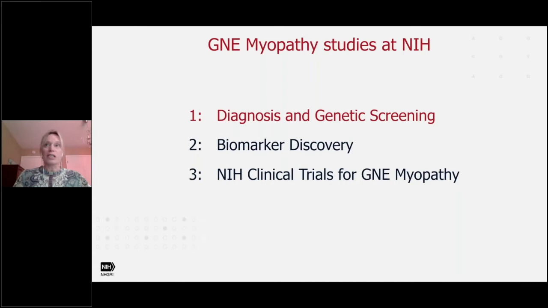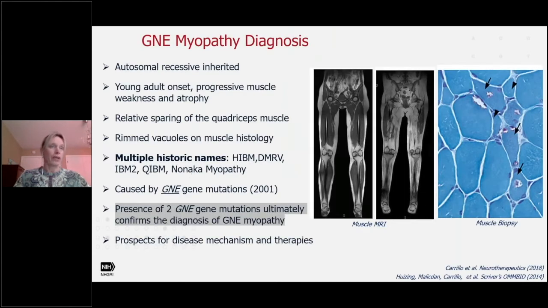So I'll start with the genetic screening and diagnosis for GNE myopathy. GNE myopathy is an autosomal recessive inherited disease. It means that parents are unaffected but carriers of one mutation on one of their chromosomes, and they can give this to their children. If each child receives one mutated chromosome, or so-called allele, from their parents, they will develop GNE myopathy. It's a young adult onset disease,